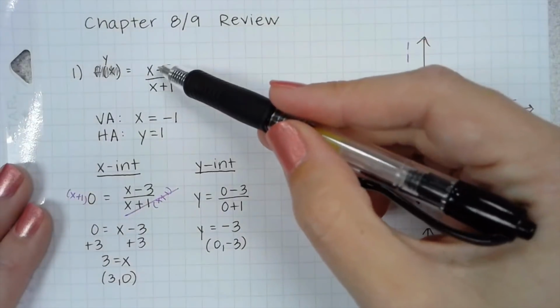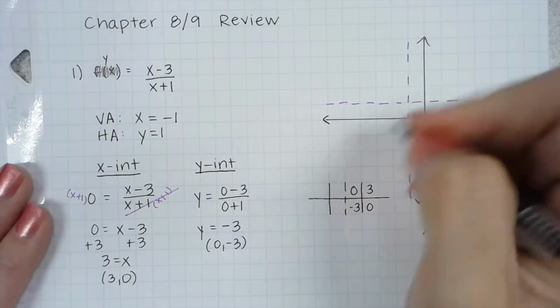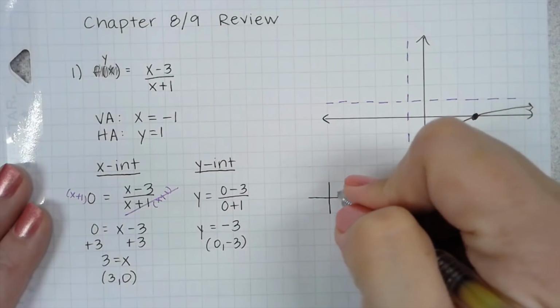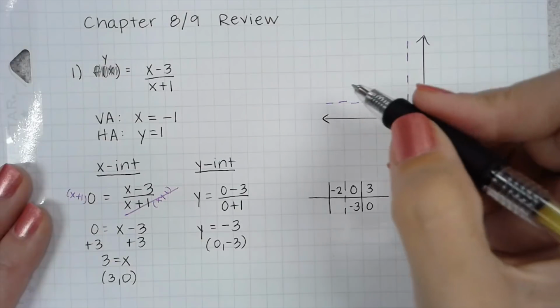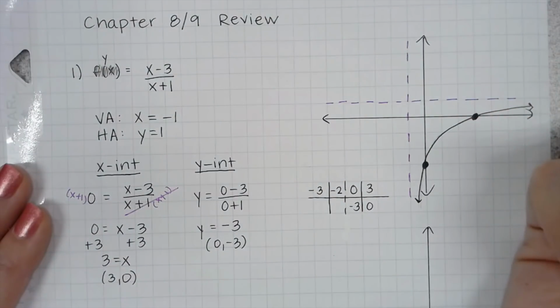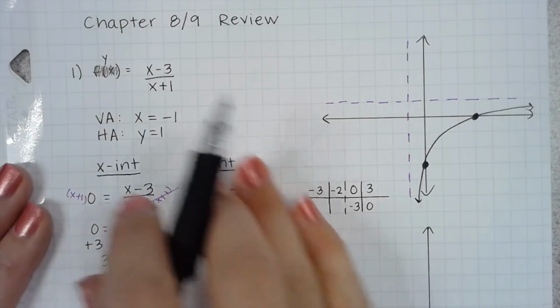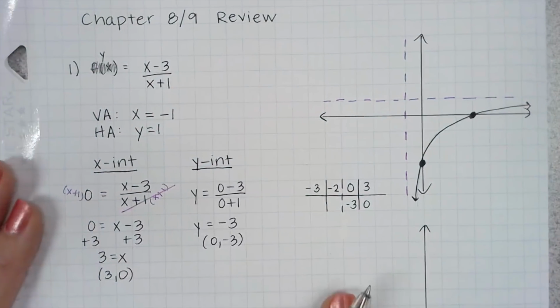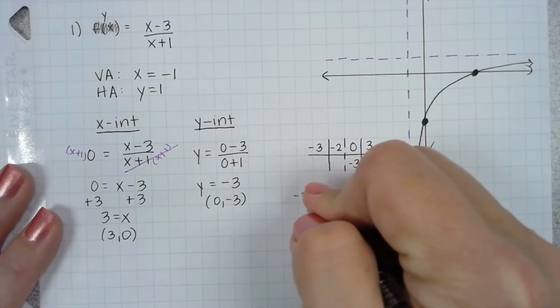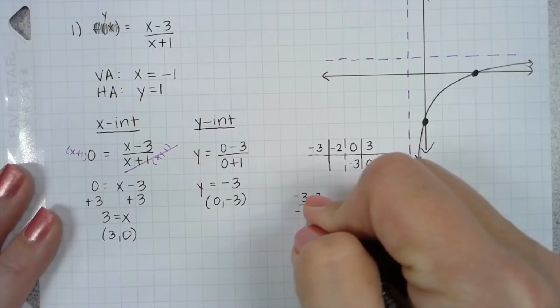You can be smart and try to pick numbers that'll give you whole number answers. You want the numbers to be smaller than -1. So if I plugged in a -2, it's not going to be that bad. And if I plug in a -3, it's not going to be that bad. So those are the numbers that I would choose to plug in, just because I quickly glanced here and here, and I made sure that I noticed that it was going to give me pretty answers for the question. So I'll plug in the -3,